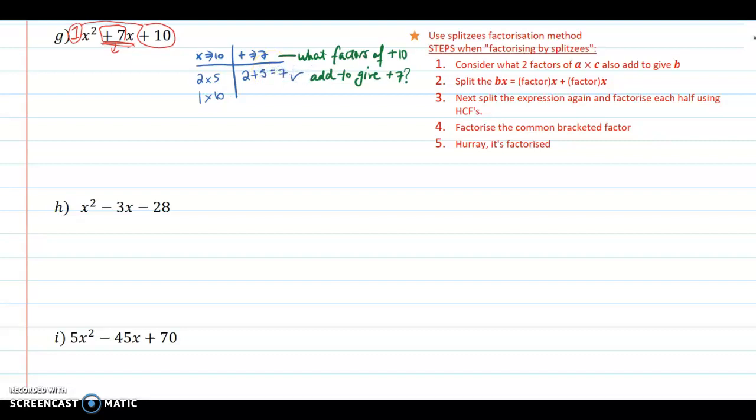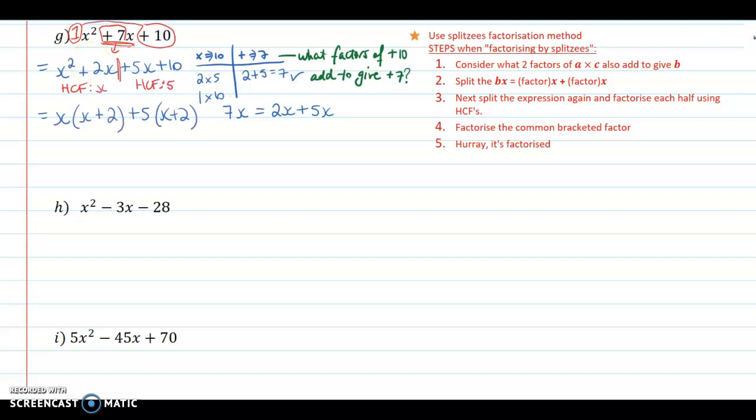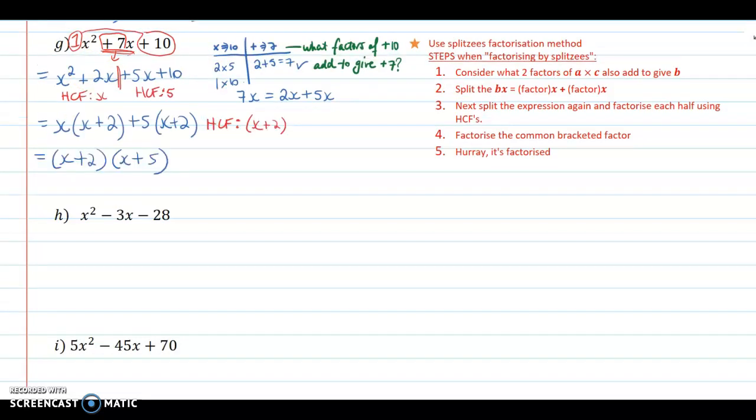So what I've actually found is what 7x will split up into, which is going to be positive 2x and 5x. From here I go through the process I did before: factorize each half here, then take out my bracketed factor. After I've taken out my bracketed factor, I can see that I now have a fully factorized